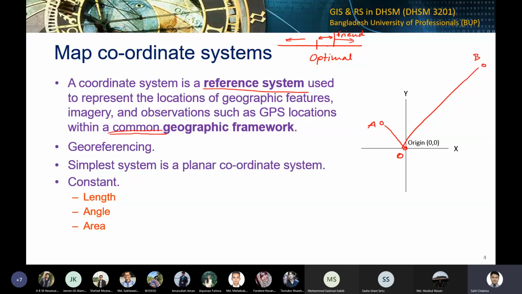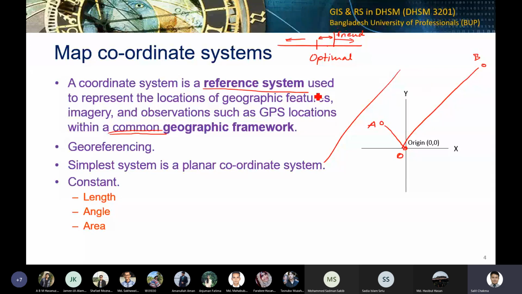Similarly, now let's go back to this example again. So that's your personal perspective. Now you want to make it exhaustive. Exhaustive means it will work for you and it will be taking everyone's idea into account. For example, Google Map. Okay, everyone uses Google Map. Everyone understands it. Even if some American comes here today who has never been to BUP or Mirpur 12, he will be able to find BUP and Mirpur 12 by using Google Map, isn't it? So it's for everyone. So what is Google Map?